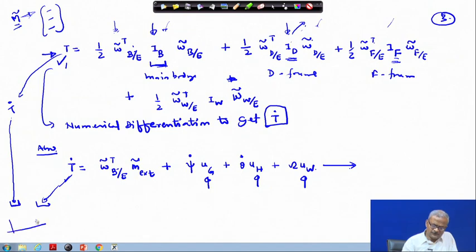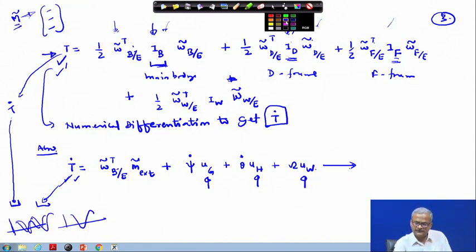Means if you plot the curve for T dot from here and T dot from the other place, both of them should overlap exactly, lying over each other. I have just shown it a little bit different so that both the curves are visible. So this is the way to verify that the equation of motion you have derived is correct, and thereafter the process of control starts, which we are not going to discuss in this class.